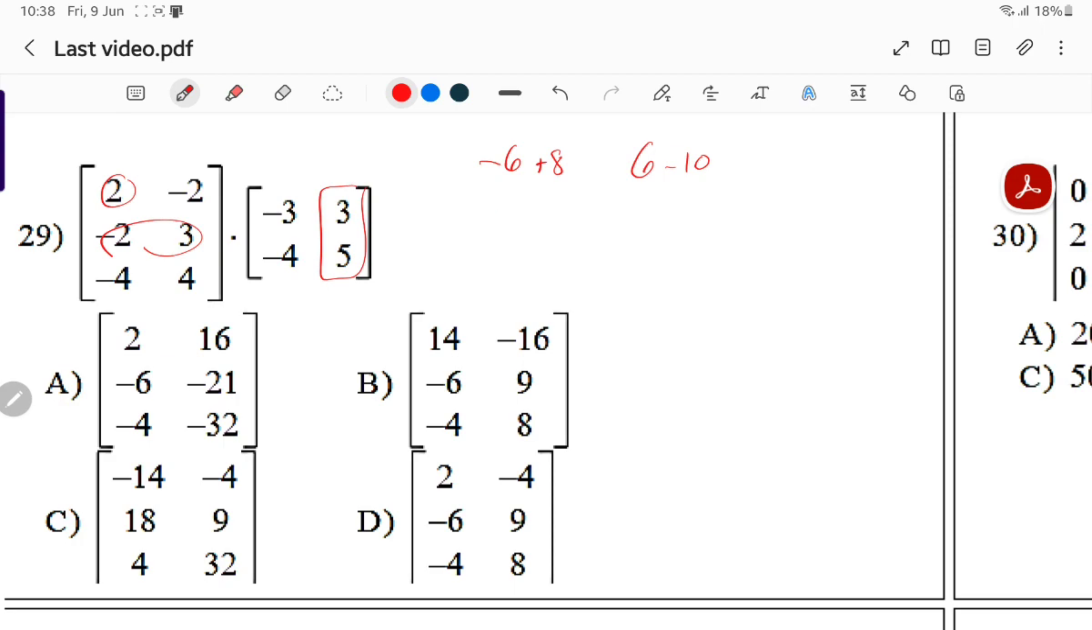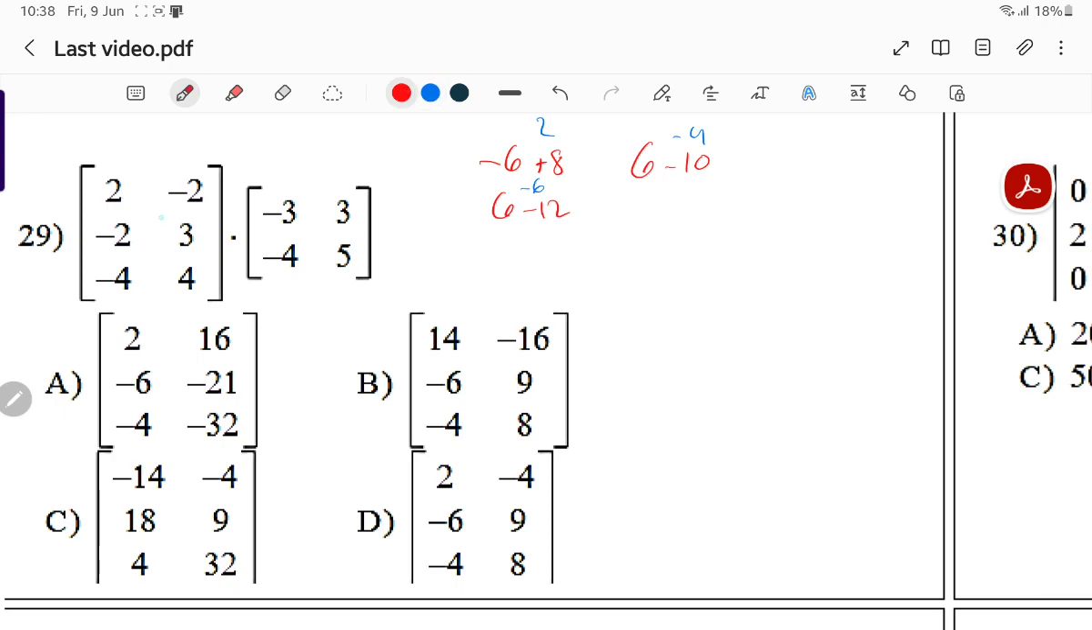Negative 2 times negative 3, 6, minus 12. Now 3 and 5, it's negative 6 plus 15. And you simplify. You finish the last one, then you simplify. When you simplify, this is 2, this is negative 4, 11, negative 6. If the answer didn't appear, you can go on and complete the same way. But here I see that it's 2, negative 4, negative 6, and maybe this is